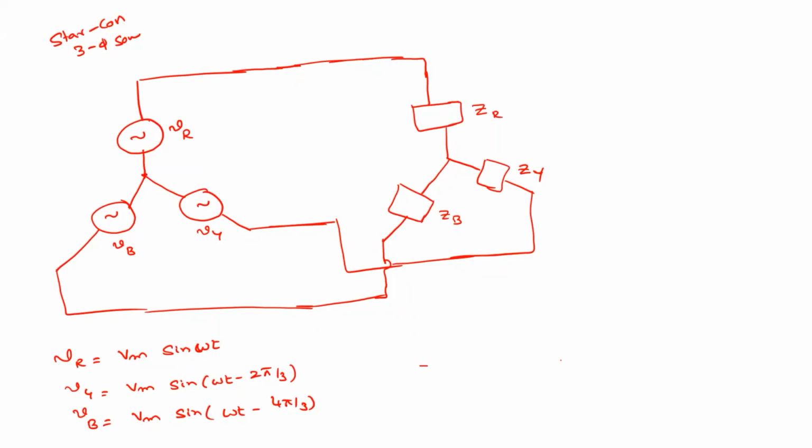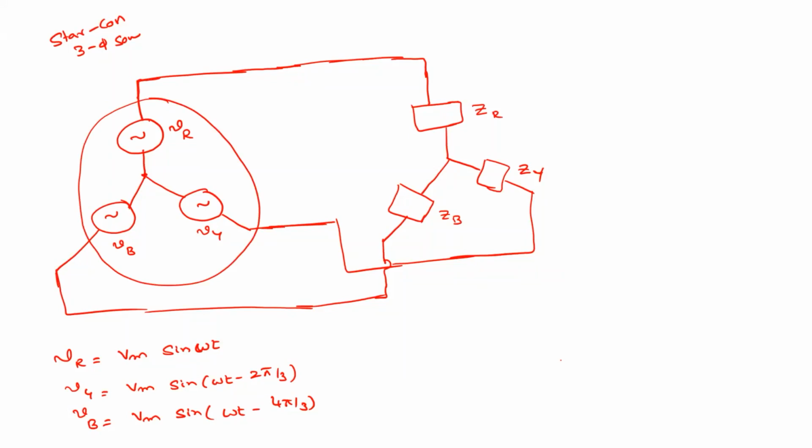So we have some terminologies: line terms and phase terms. What is the meaning of line terms and phase terms? This is a three-phase generator, and this is inside the generator. The only terminals available are this one terminal, this another terminal, and this another terminal. Assume that these three are available right now.